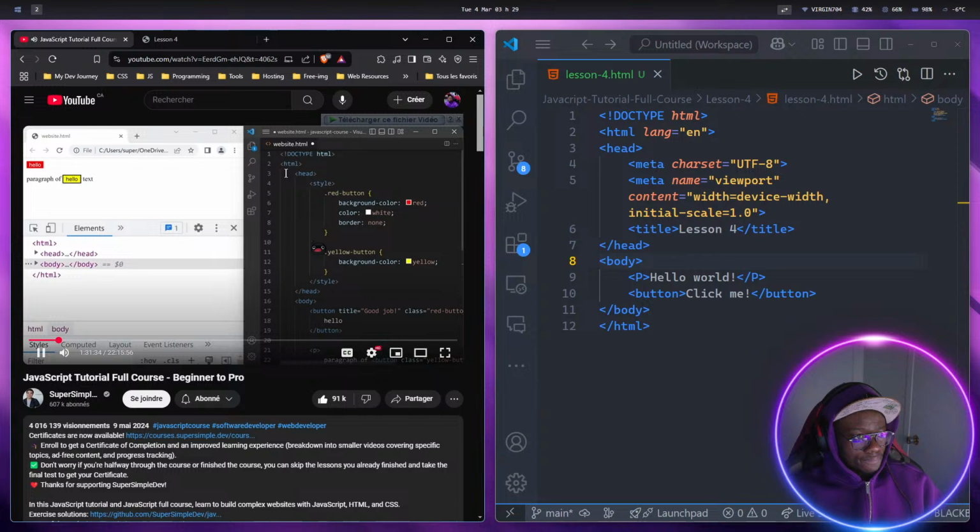Okay, so what are the benefits of following this structure? One benefit is that there are other elements that we can use. So the title,